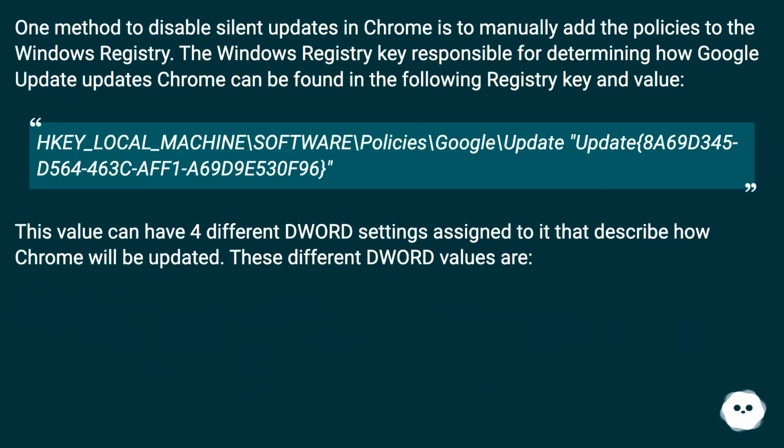One method to disable silent updates in Chrome is to manually add the policies to the Windows registry. The Windows registry key responsible for determining how Google Update updates Chrome can be found in the following registry key and value. HKEY_LOCAL_MACHINE/Software/Policies/Google/Update. 8A69D345-D564-463C-AFF1-A69D9E530F96. This value can have 4 different DWORD settings assigned to it that describe how Chrome will be updated. These different DWORD values are